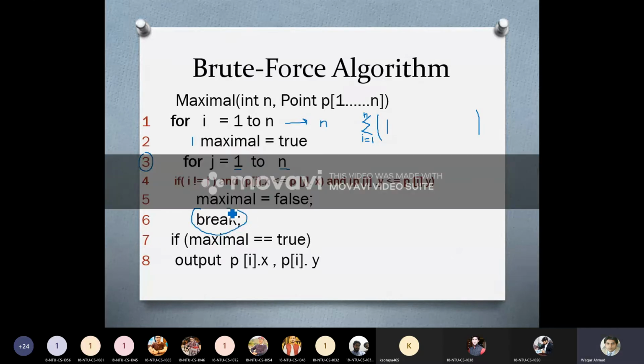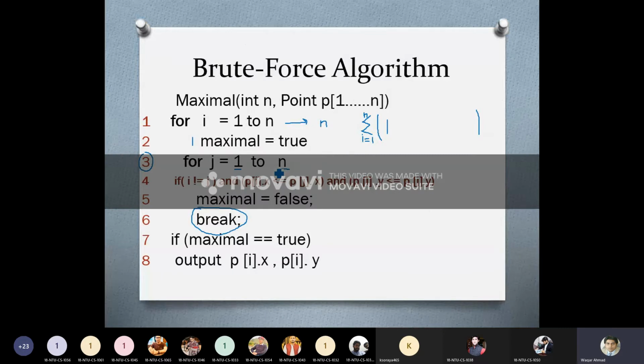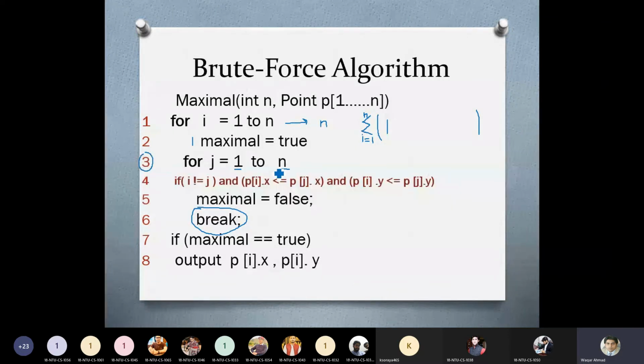If you observe the break statement of line number 6, it means that there is a possibility that this loop is going to be executed less than n times. It is not going to be executed exactly n times like the upper loop, but there is a possibility that it is going to be executed less than n times because of the break statement we have inside this loop.